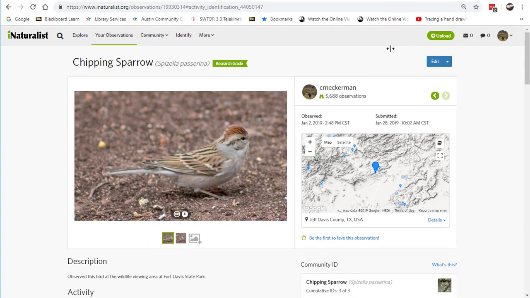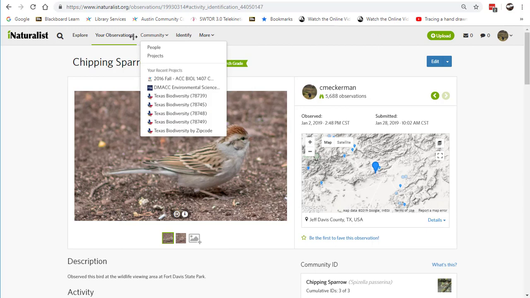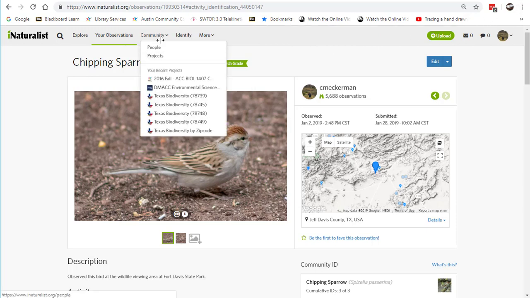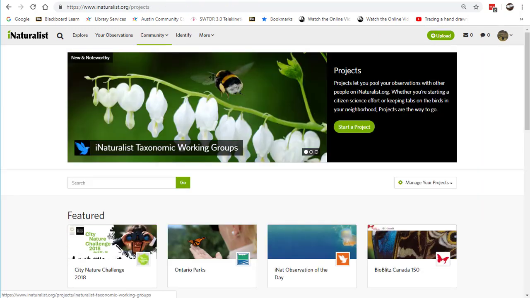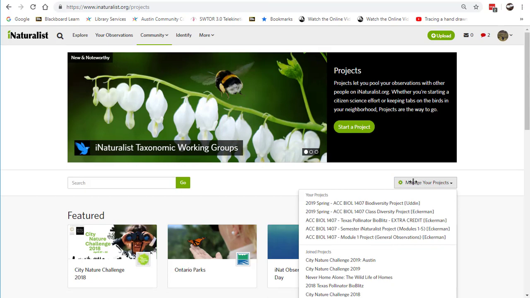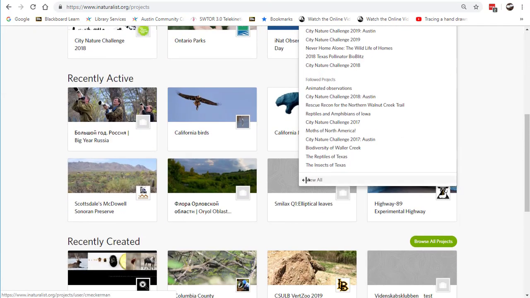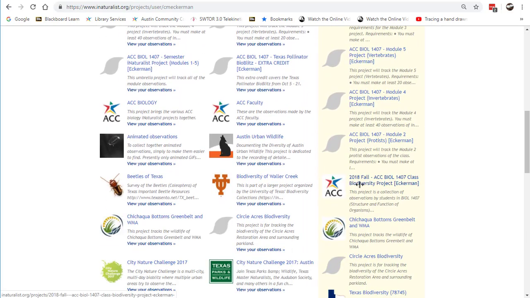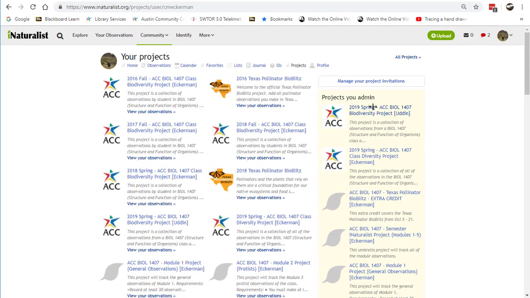Now, what you would need to do is set up a project, and I'm not going to show you how to set up a project, but you would set up a project for your class to help keep track of all these observations. You can find projects here under Community. This goes to all of them. Now you would go to your projects and manage your projects. I'm going to go down here to view all. You can see I'm part of a lot of different projects, and I've made a lot of different projects. I'm going to go to this example up here